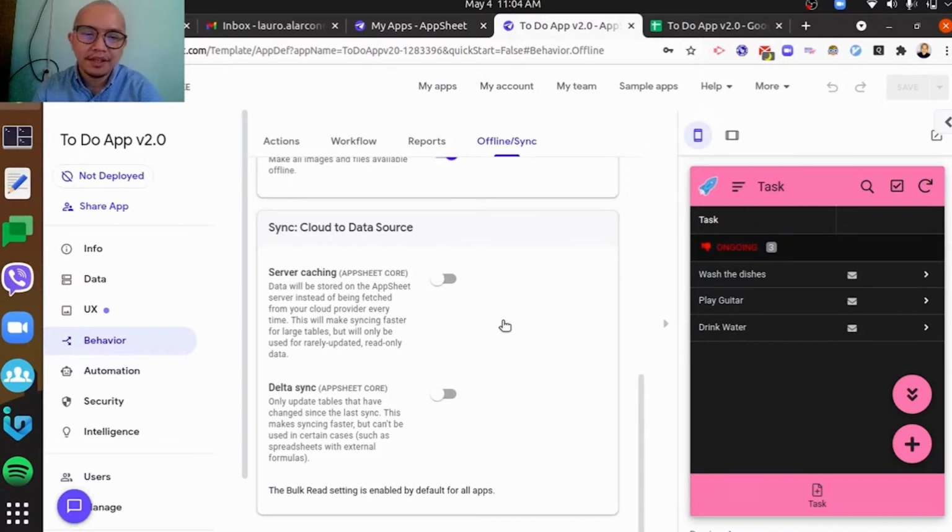So server caching maintains a copied version of your read-only table. It actually processes it on AppSheet's in-memory cloud server, so that processing of that table, or whatever we retrieve from it, is faster. Since these are read-only tables, they don't change or get additional data. Okay? And then we also have the Delta